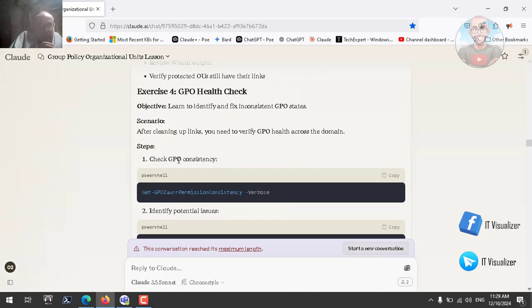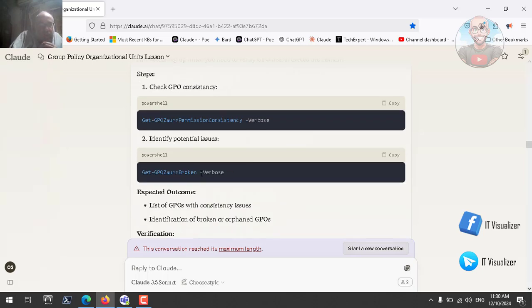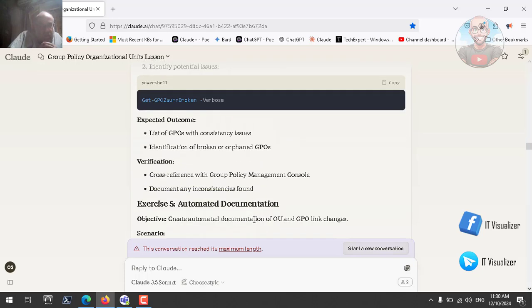We have check GPO consistency. We have seen this commandlet before to get permissions or compare permissions of group policies in the Active Directory database and in the sysvol folder. This is GPOZaurr permission consistency. If there are any broken GPOs, one existing in the Active Directory database and not in the sysvol, and the opposite. List of GPOs with consistency issues, identification of broken or orphaned GPOs, cross-reference with Group Policy Management Console,